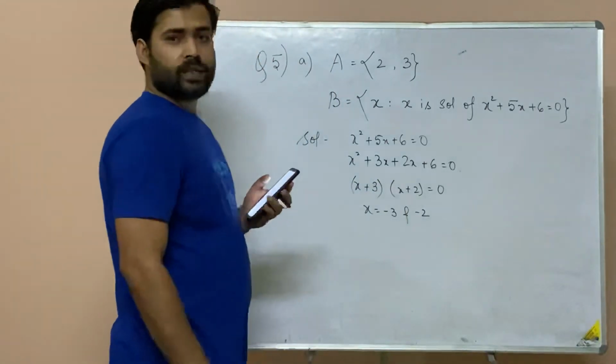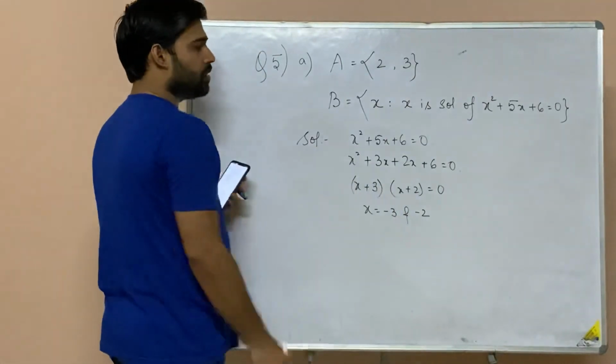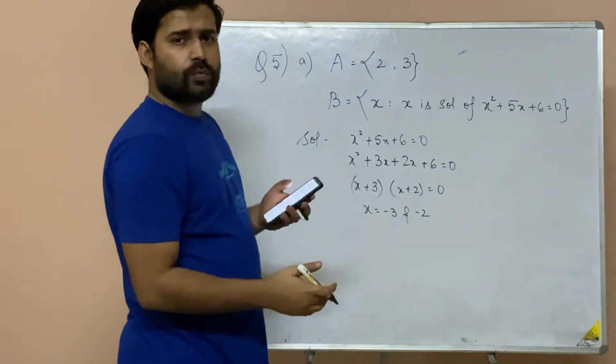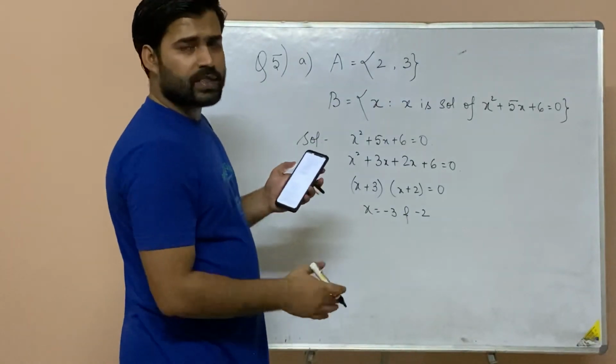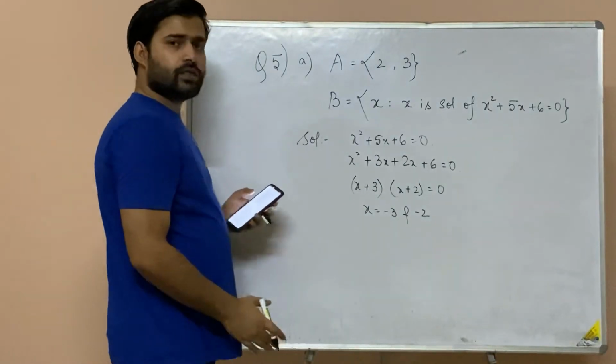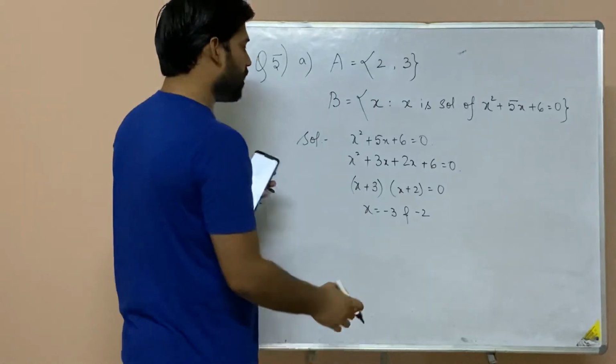How are these things coming? This was there in class 10th quadratic equations. I think you should know all this. If splitting is not possible, there was the quadratic formula: finding the discriminant, then calculating using the quadratic formula. By that method also you can solve. The main point is you need to find these two numbers. Once you get these two numbers, now you compare.